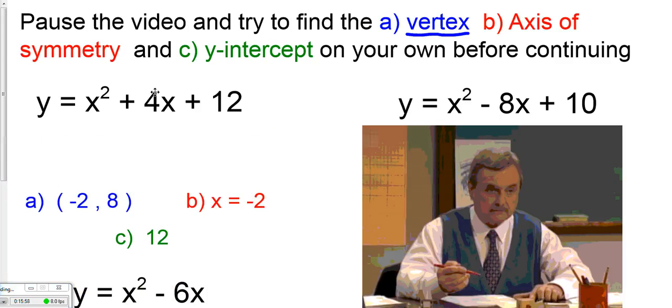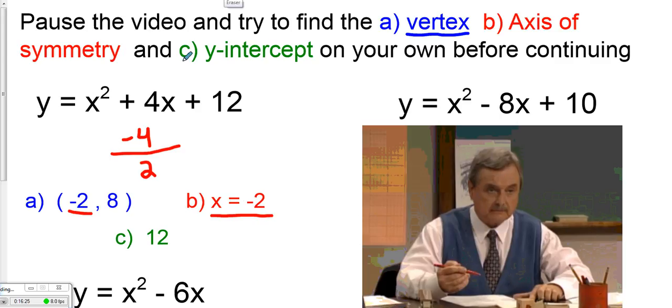Using negative b over 2a, I'm going to write my work right here. Negative b, so negative 4, over 2 times this a value is 1. 2 times 1 is 2. Negative 4 over negative 2 is negative 2. So that's my x value of the vertex. I can go ahead and just write x equals negative 2 as my line of symmetry, or my axis of